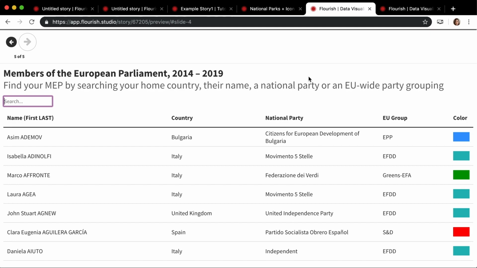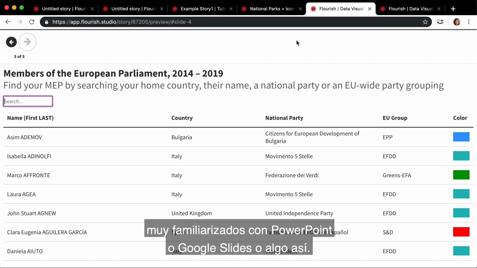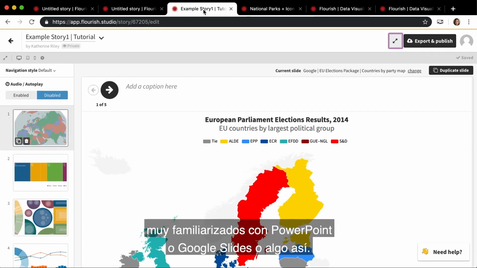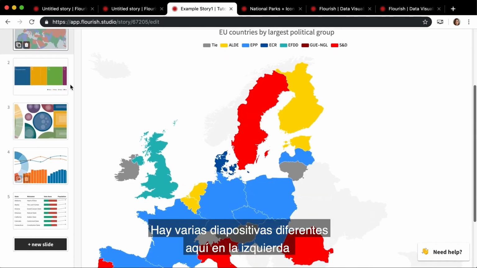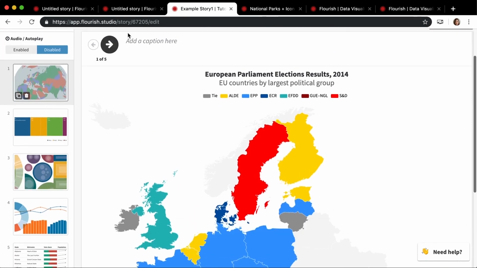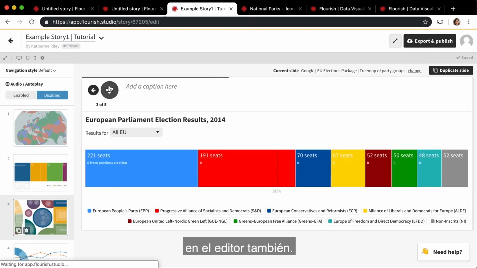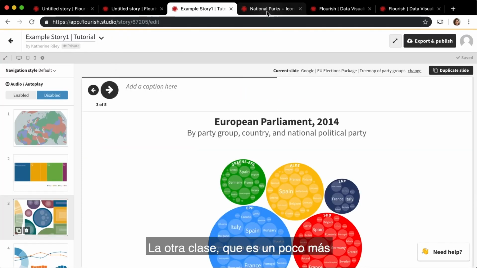It's the sort of thing that you're quite familiar with from PowerPoint or slides or something like that. And if you go into the story editor, you'll see this is what it looks like. There's a bunch of different slides here on the left, and you can preview it in the editor as well. The other type, which is a bit more